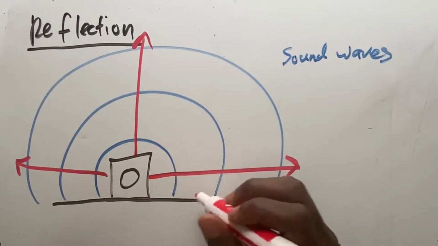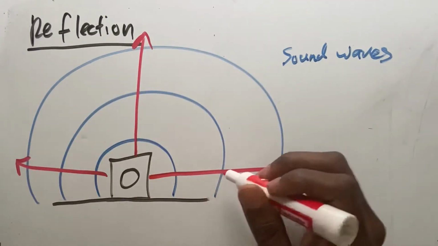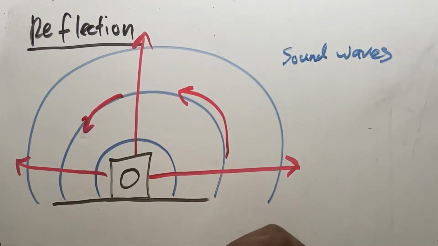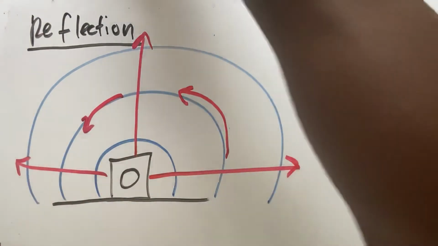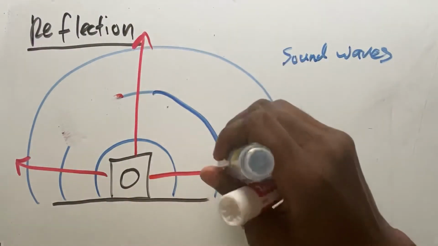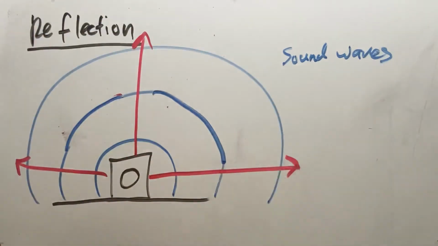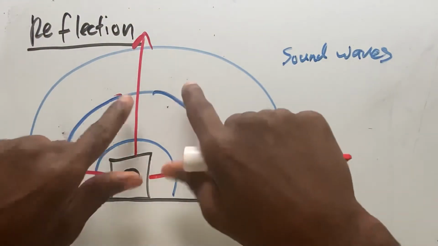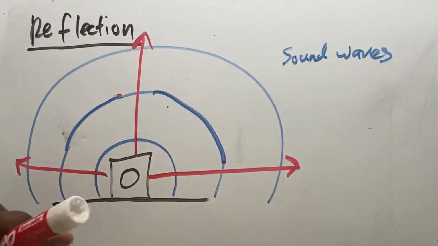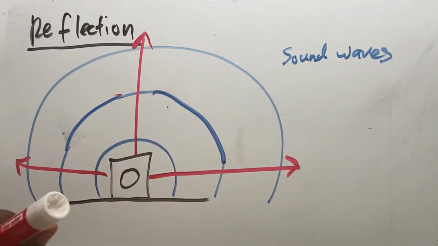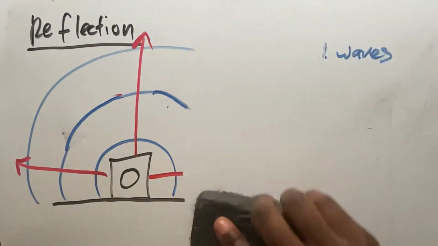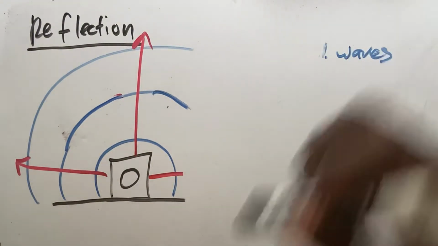Right? The sound's not actually traveling in a circle like this. The sound's not going around like that, right? The sound is going outwards. So the sound travels perpendicular to these waves here that we drew coming outwards. So that's kind of just how we draw it. I think I might have skipped that part. But now imagine we have the speaker here and we have a wall right here.